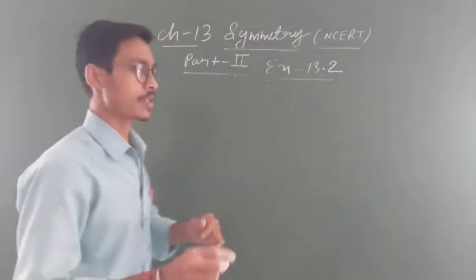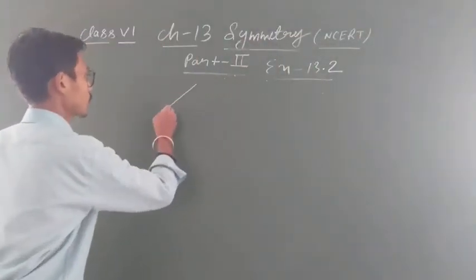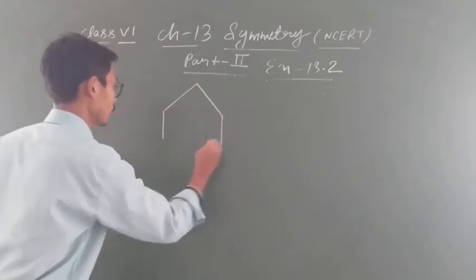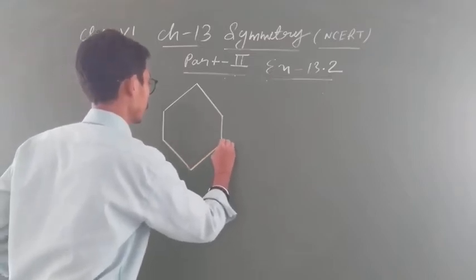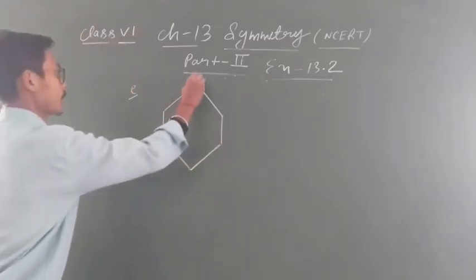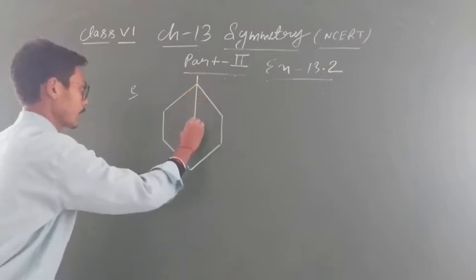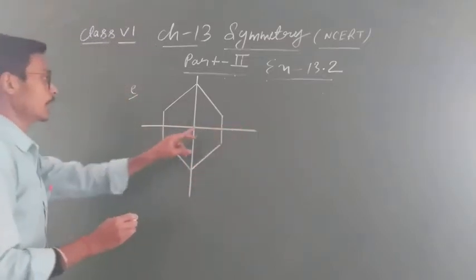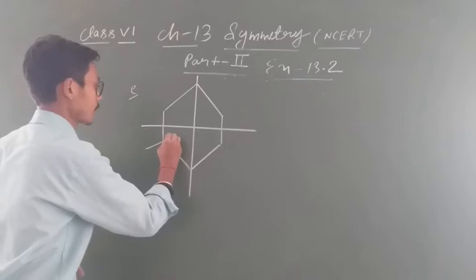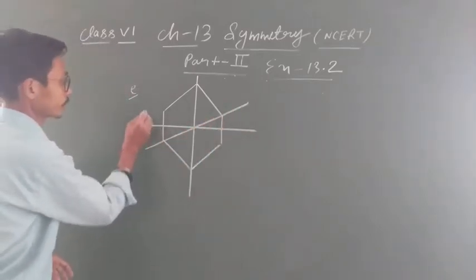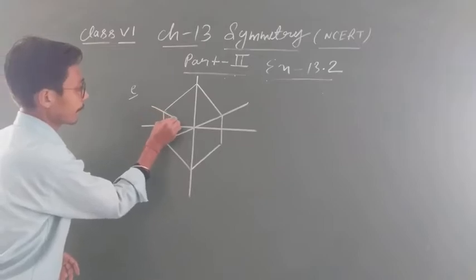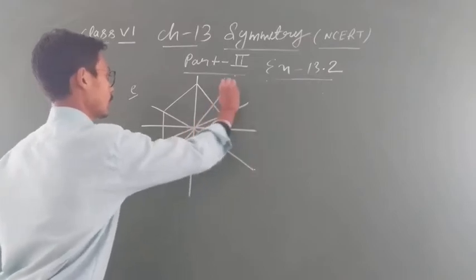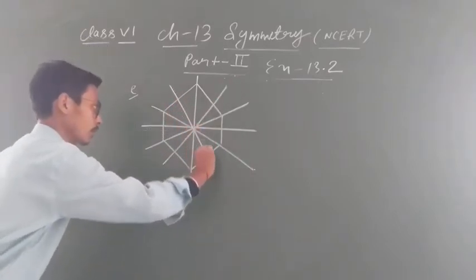Okay student, there is a problem in the cell phone. We were discussing the hexagon. See, this is the E part. So the first line of symmetry you can draw like that, 1. Second, 2. Now see third, this diagonal and this one. Fourth, this one and this one. So 4 lines of symmetry done. Now fifth you can draw this one, and sixth, see, 6.